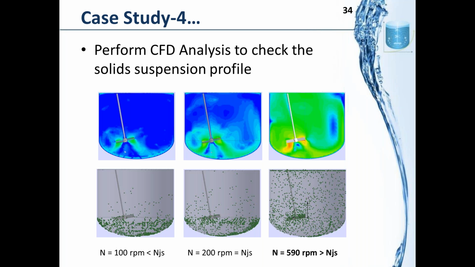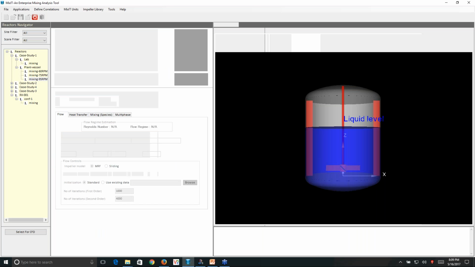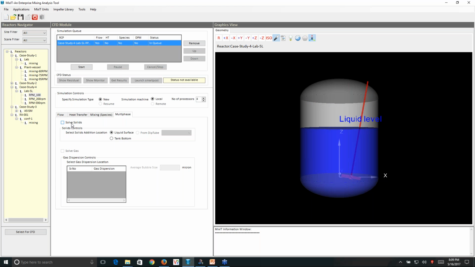The user can quickly select the vessel for the CFD analysis, and then select that you want to solve for solids as well, and that the solids are initially settled at the bottom. Once the analysis is performed, you can get the desired results, where you can see the characteristics of the suspension at different RPMs.